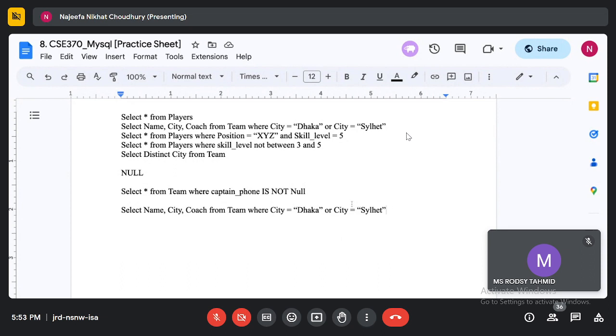So instead of using equal to, I can use IN, and I can use a list of values from which it is going to choose. I can just say IN, then provide a list: Dhaka, Sylhet, Chittagong, and so on, whatever I want.